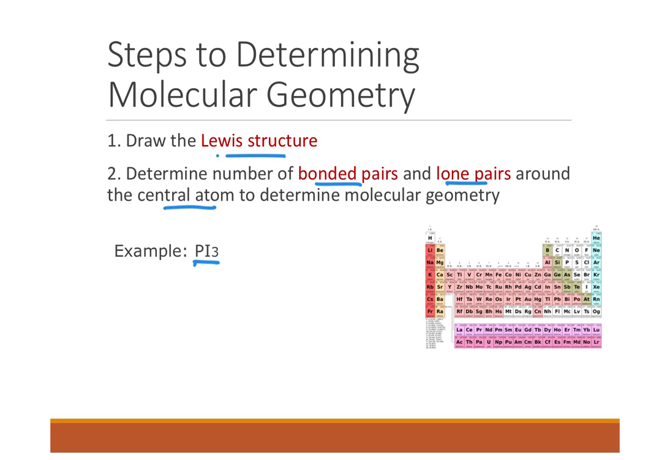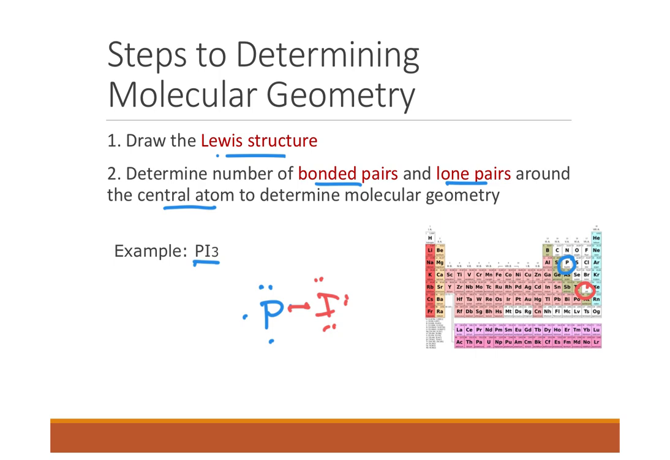So phosphorus on the periodic table is here below nitrogen, which means it's going to have 5 valence electrons. So our phosphorus is going to look like this with its valence electrons. And then each of our iodine atoms is going to have 7 valence electrons, and so it just needs 1 to make the bond, and then the other